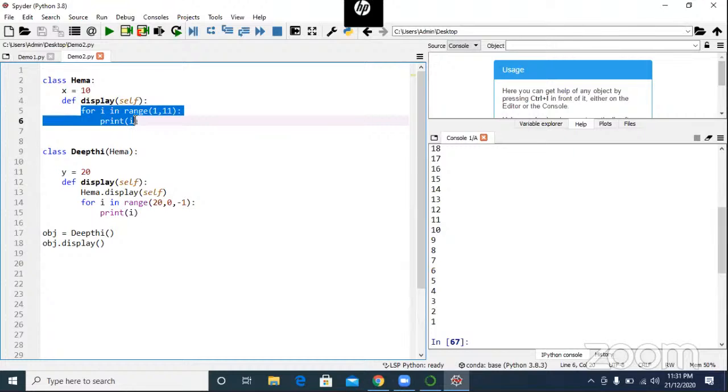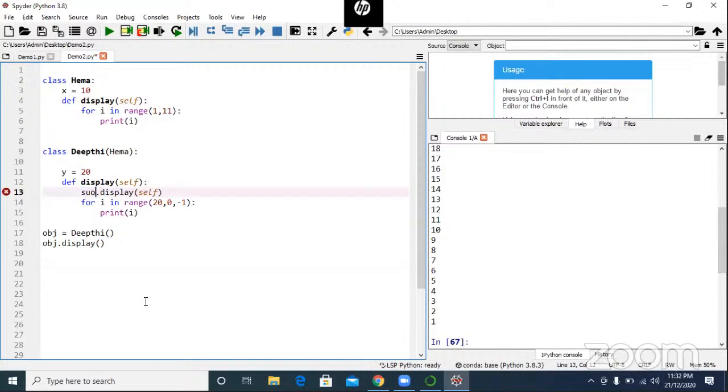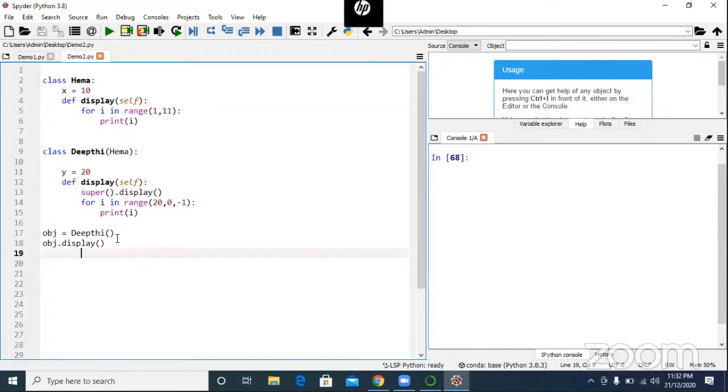Any doubt? Sir, can we use Hema without creating the object directly? Directly, or else we have another solution: the super keyword. You can call it like this, but you should not use self. Whenever you create an object for Deepti and call display, it will come here.